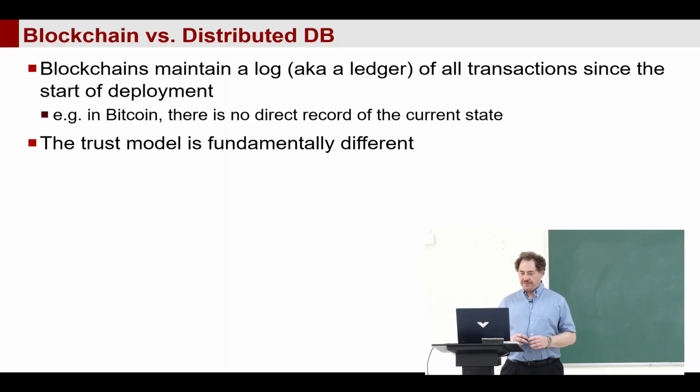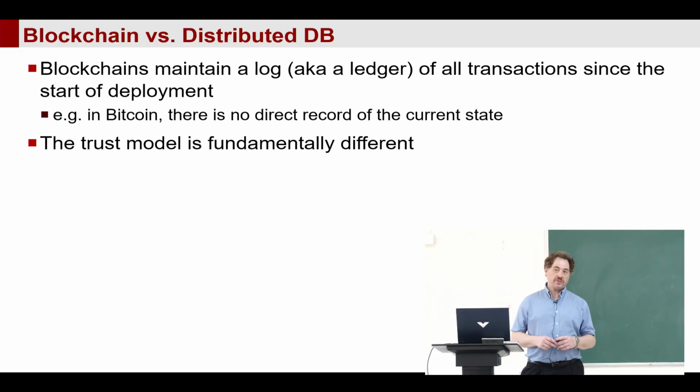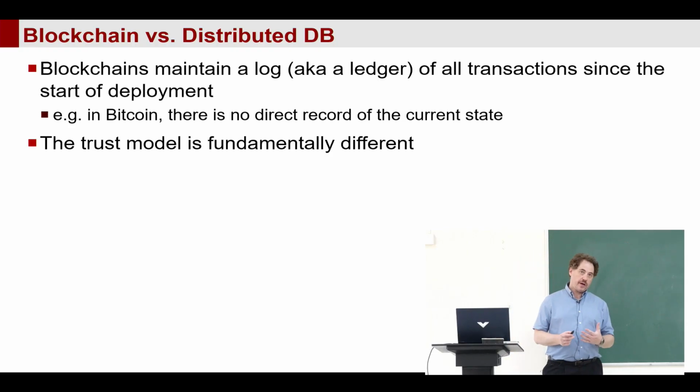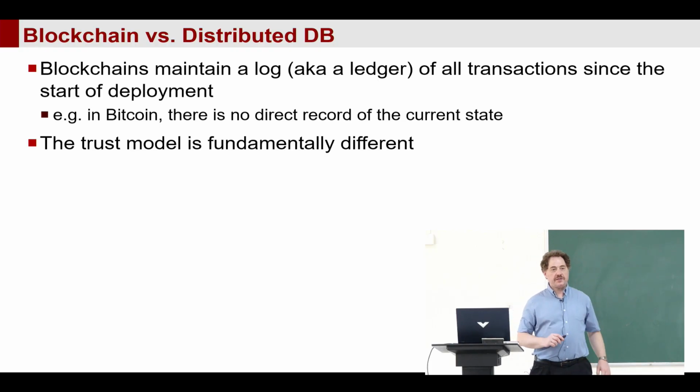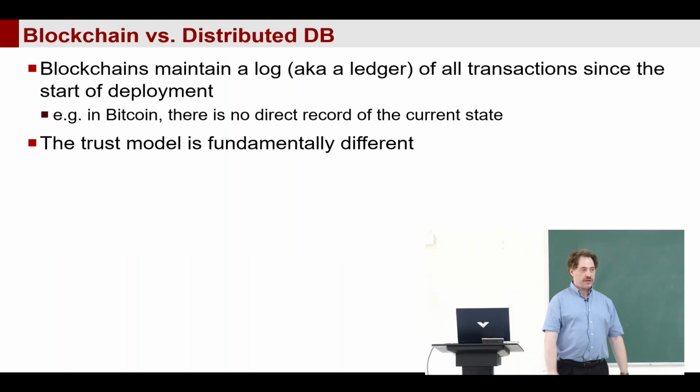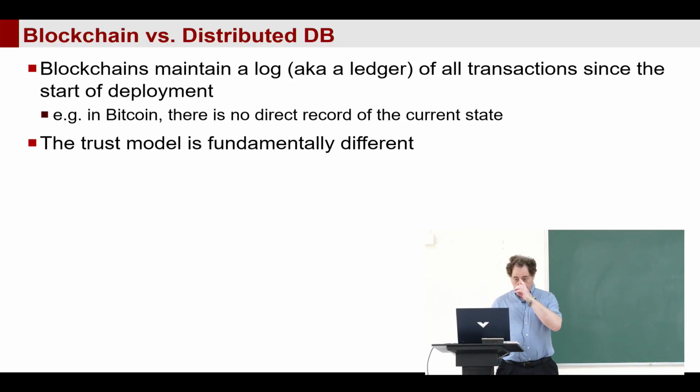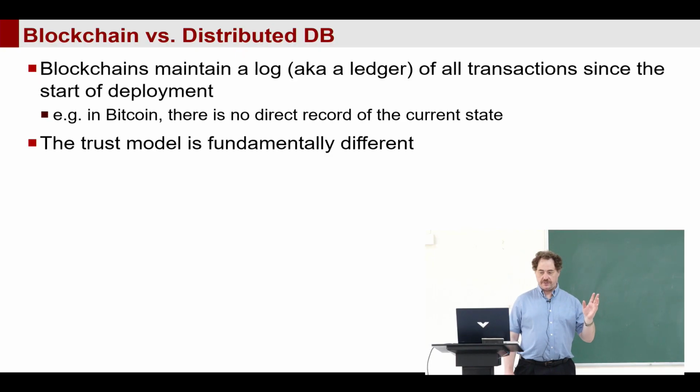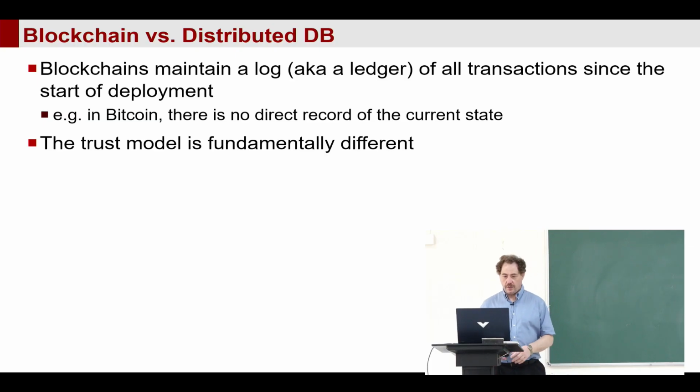Blockchain is frequently compared with distributed databases. And sometimes there is confusion because people say, okay, we could use a distributed database or we could use blockchain. Blockchain is a replacement. Actually, that's not precise. There are some use cases where distributed databases are more suitable and other use cases where blockchain is more suitable. There are two fundamental differences between distributed databases and blockchain, the way I see it. The first difference is that